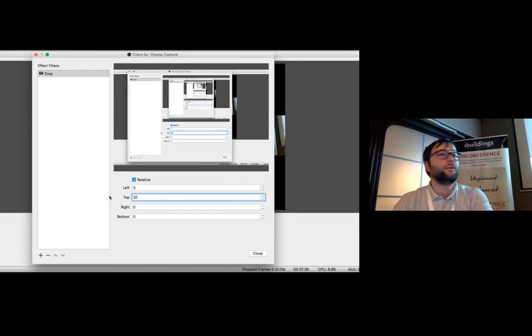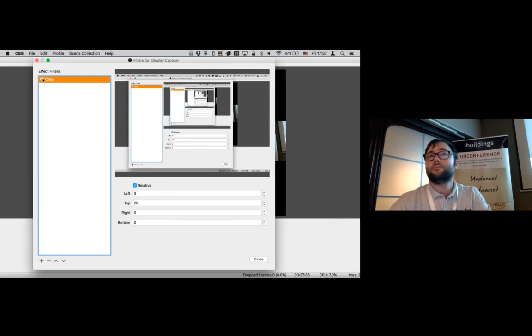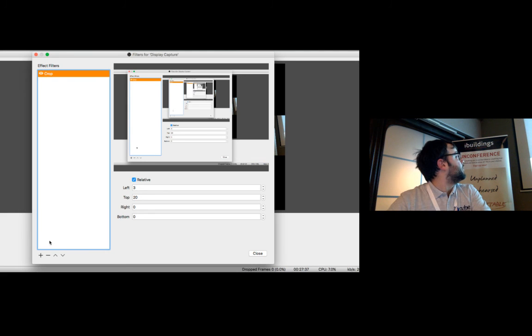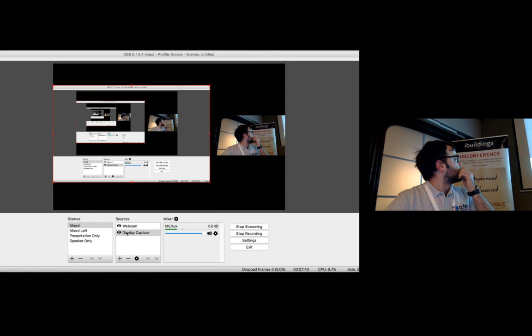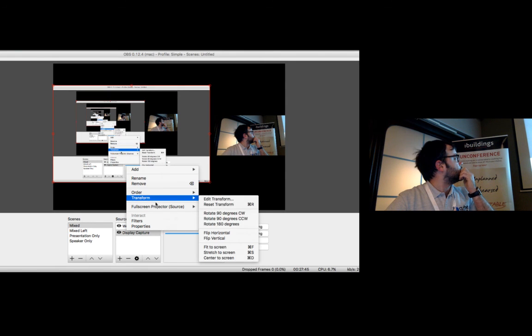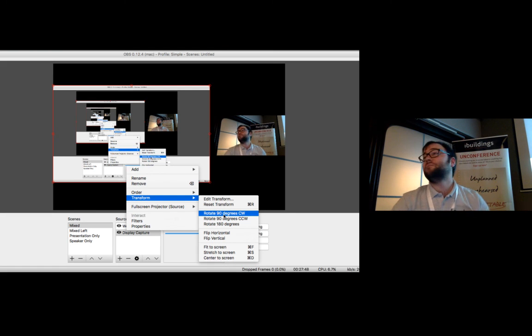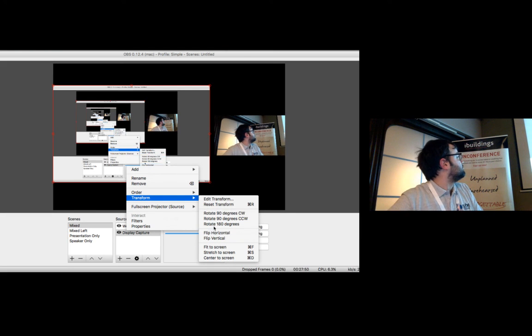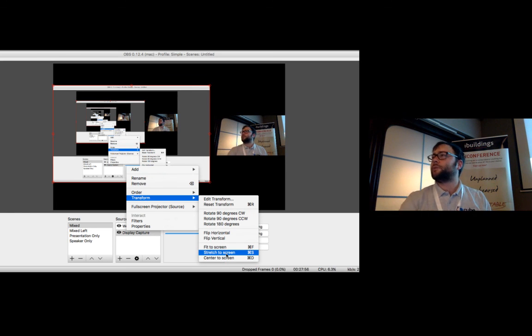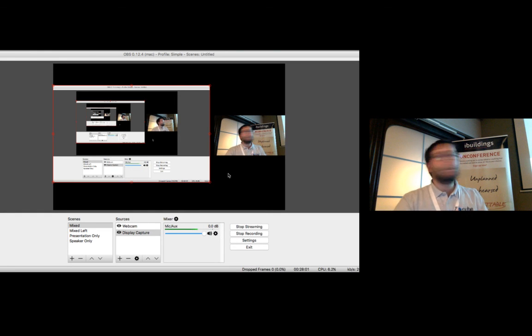Yeah, it did get faster, and you disable it, you enable it, that kind of thing. It's pretty cool. I mean, for free software, it does everything you need. You can rotate. I don't know if you need that, but you get the idea, right? I wouldn't use stretch to screen because that will alter the aspect ratio, at least in my experience. And that's really pretty much it.